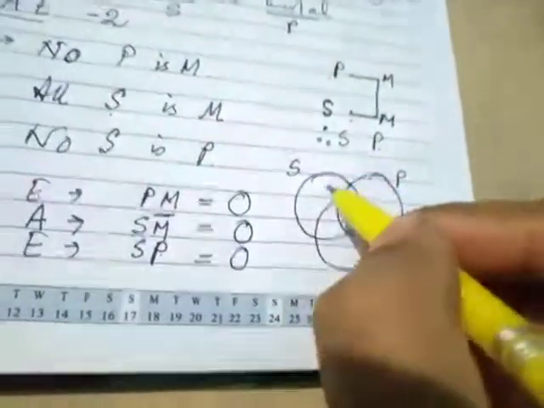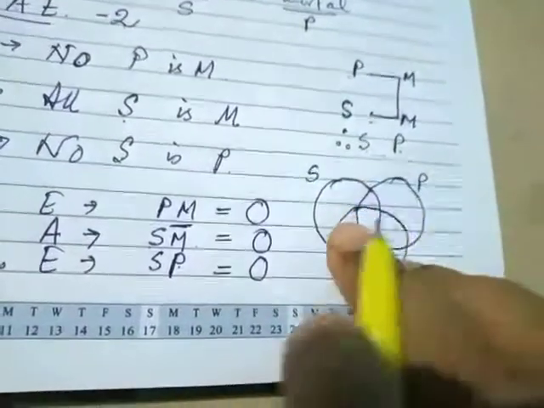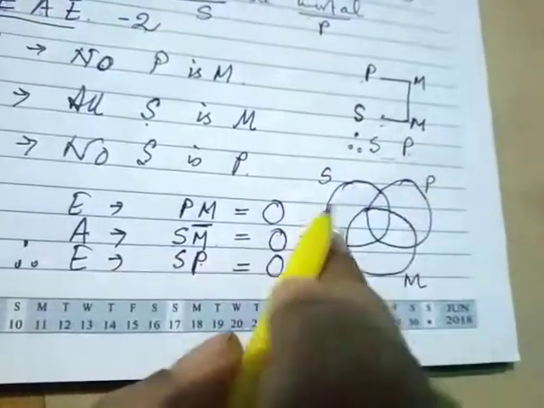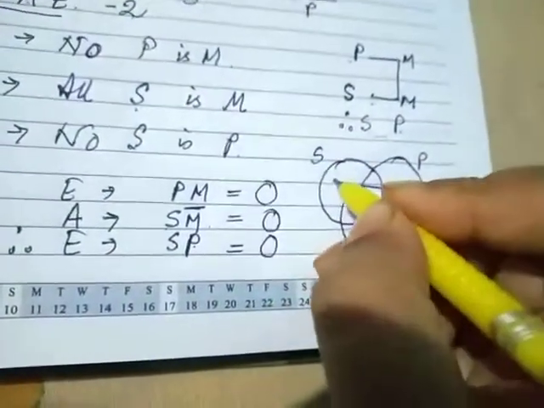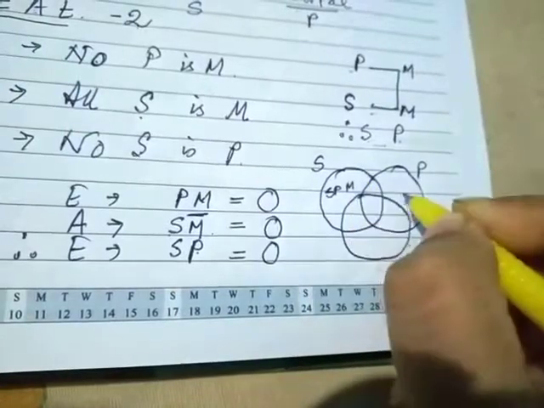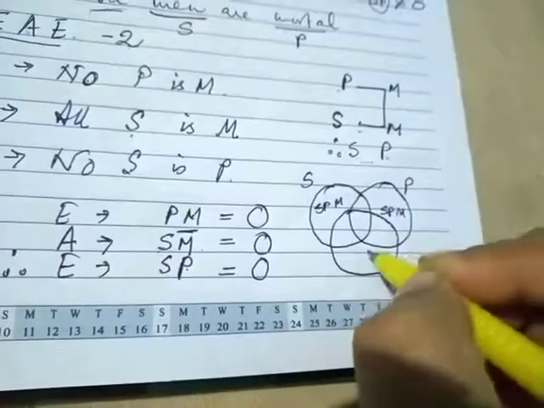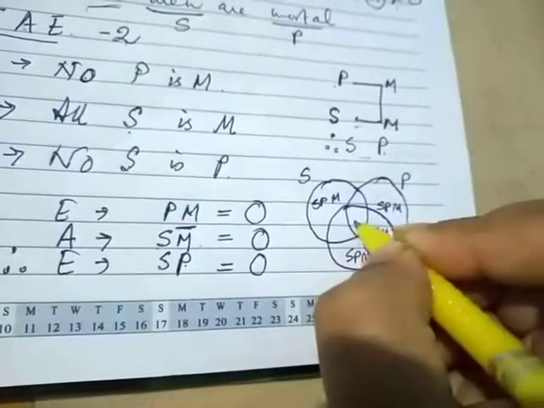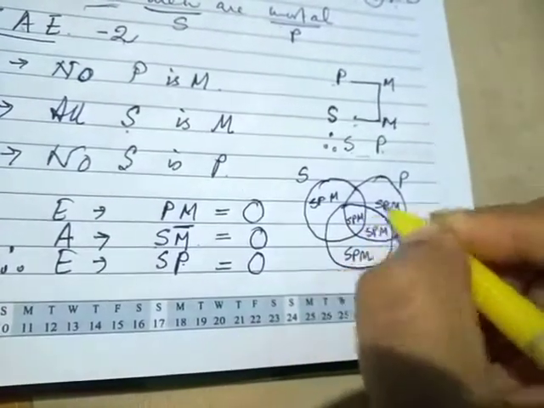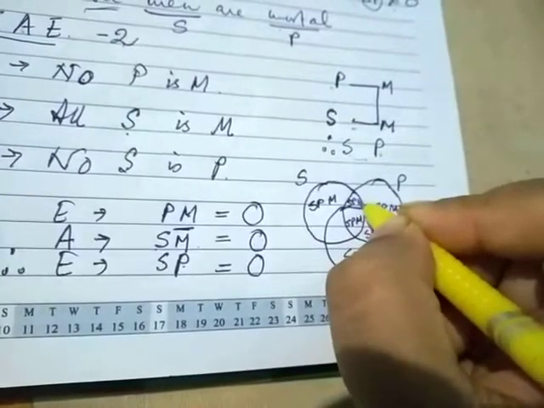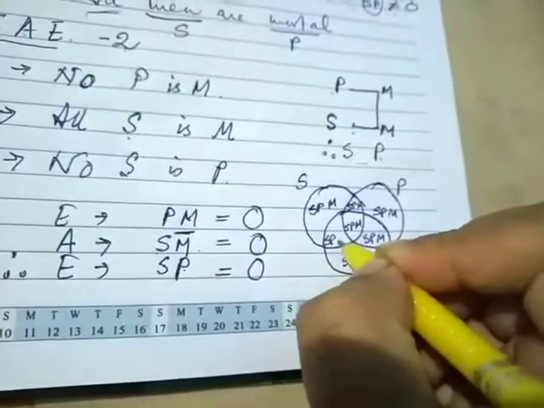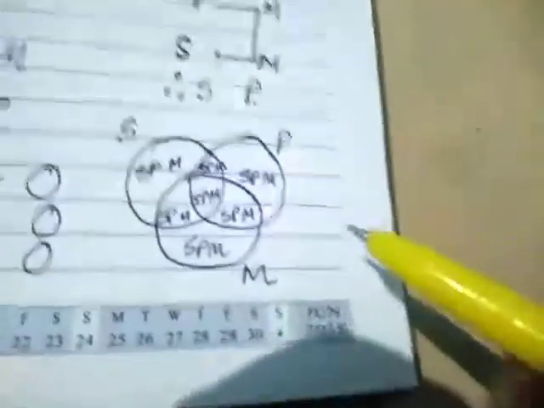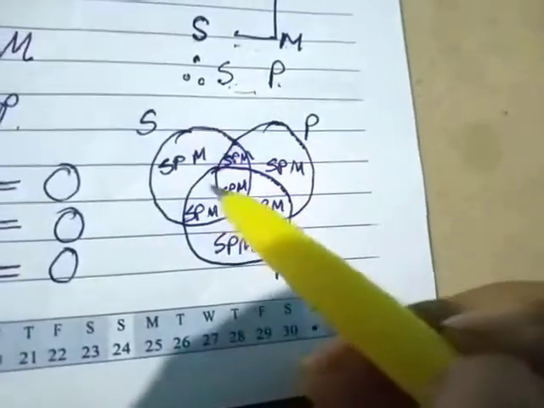Okay. Now in this portion you can see there is only S. In this portion there is only S. So I will write SPM in everywhere and will find out in which portion which one is absent. The absent one will be termed as bar. So as there are 3 propositions, I will put SPM in all the sections. Okay, you can see in all the sections I have put SPM, and now I will find out which one